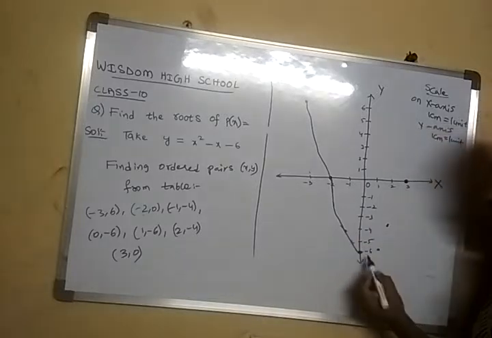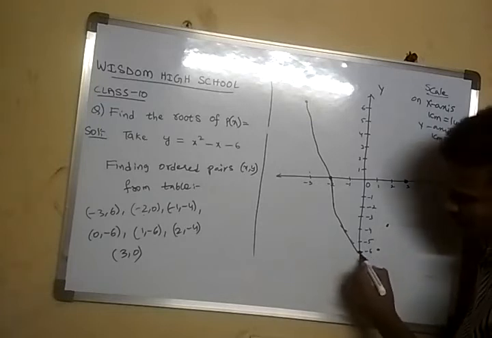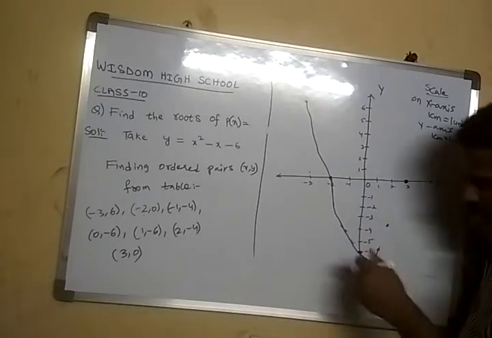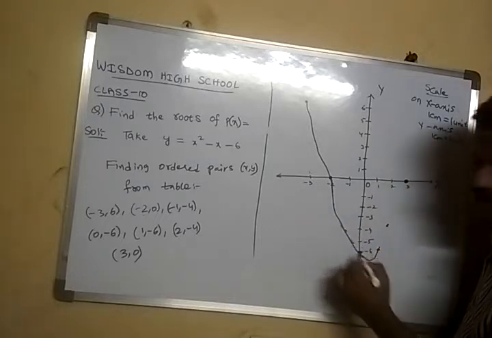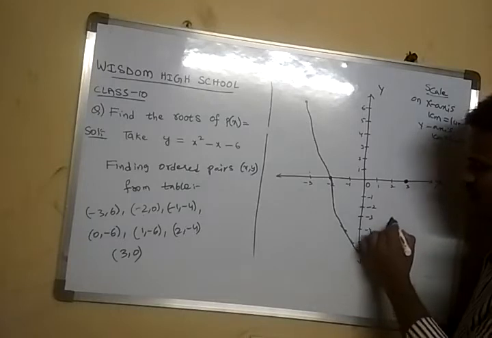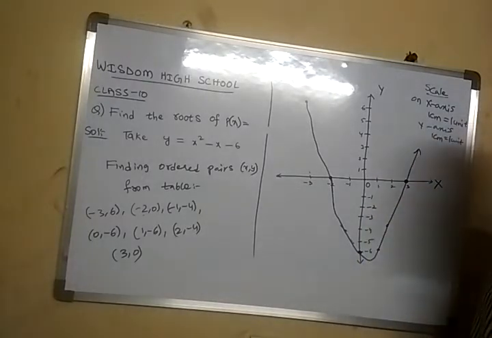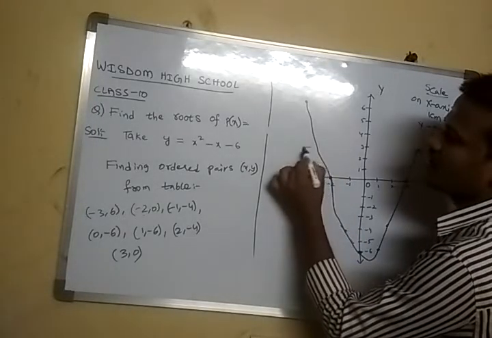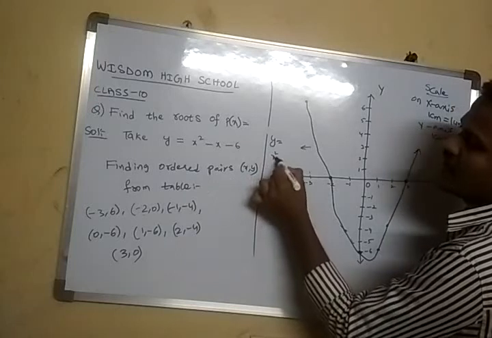Okay, so since the 2 points are not on the same straight line, you should not take a straight line here. You just go down and go through the upright mark, so it should look like a curve. Go on and extend it. So this is the graph you are getting. This graph is y equal to x square minus x minus 6.